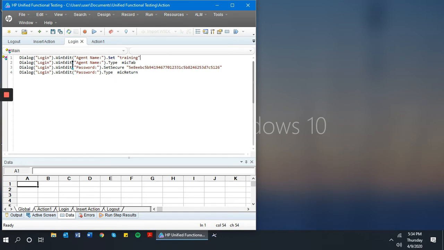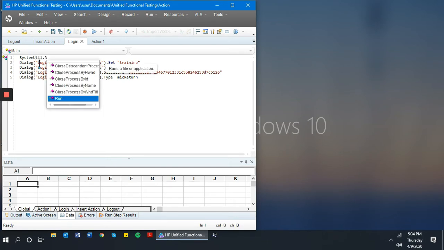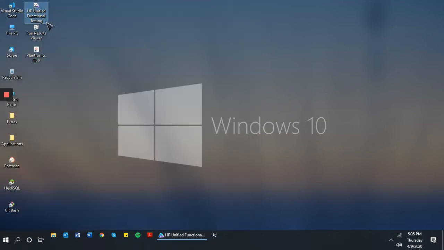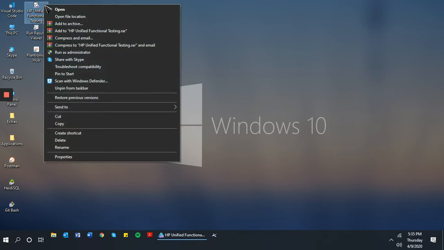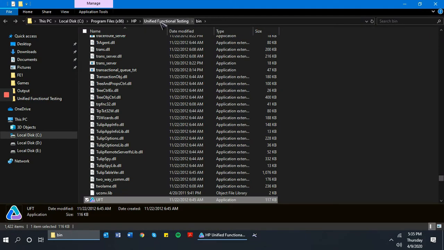We want to go to the Login tab. We want to go to the very beginning of the code, and we're going to type in SystemUtil.Run, and then we are going to find the location of the application, which is the flight UFT tool. So let's just go back to our desktop screen and find the HP UFT tool. Go to Open File Location, and just go back 1 space. So just click on the Unified Functional Testing